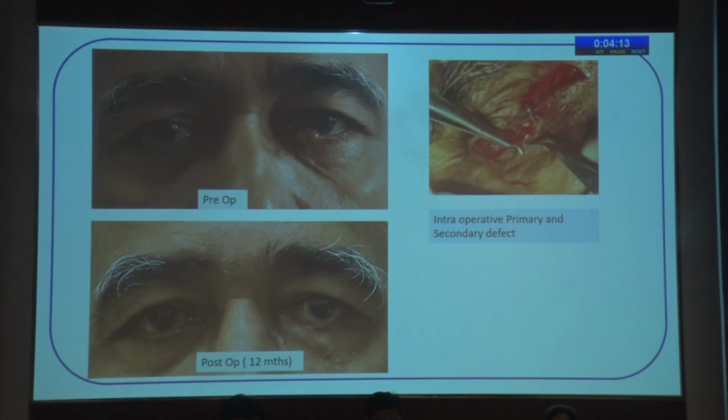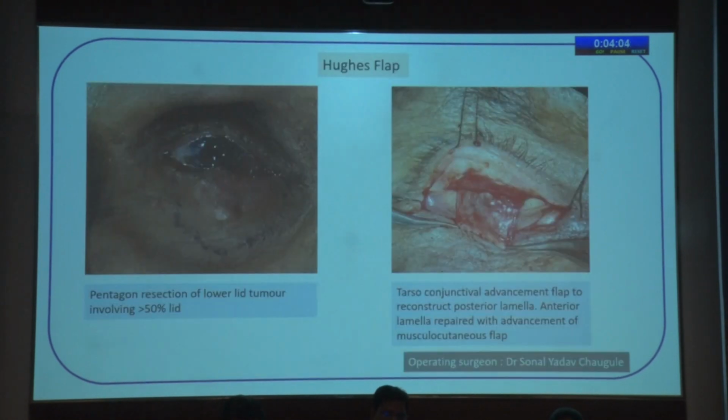This is another case of post-tumor resection lid coloboma, followed by tensile reconstruction. This is the post-op 12-month picture. A very well-formed lid contour can be seen here. This patient also underwent post-tumor